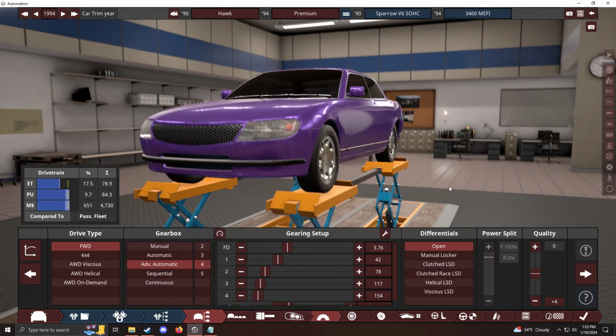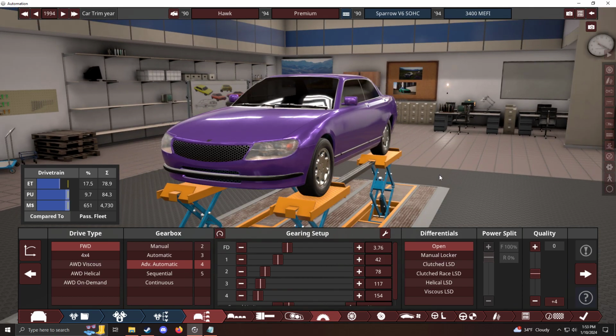Gearbox: front-wheel drives, of course, it's a transverse. Rear-wheel drive, it's gone, with no transverse. All-wheel drives, American cars still didn't use all-wheel drive systems. The really only ones that were using them was something like